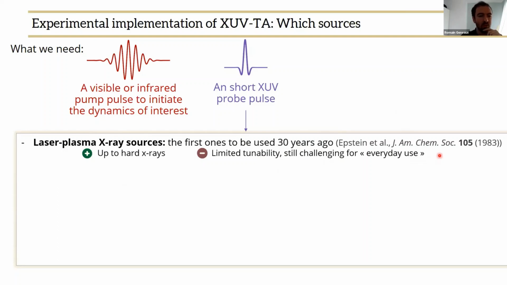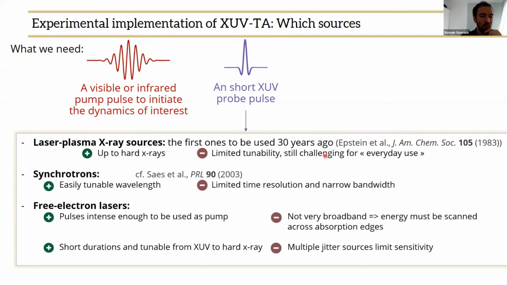Then we have other types of X-ray sources, the synchrotrons and the free electron lasers, so the big facilities. Their interest is that they are very easy to tune in wavelength. You can access pretty much every wavelength that you want. And in the case of free electron lasers, you get pulses that are very intense and with possibly short duration, so that's very nice. But then one other limitation actually is that those sources are, up to now at least,